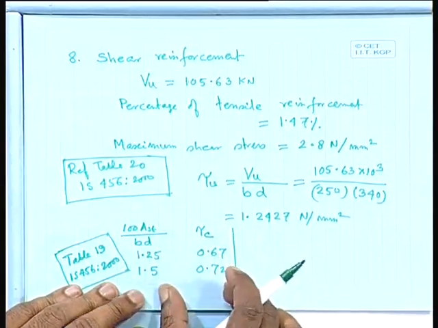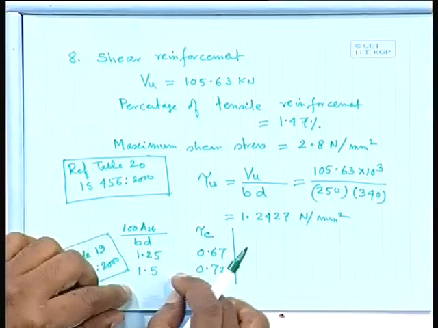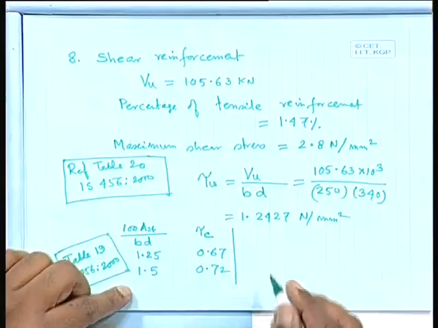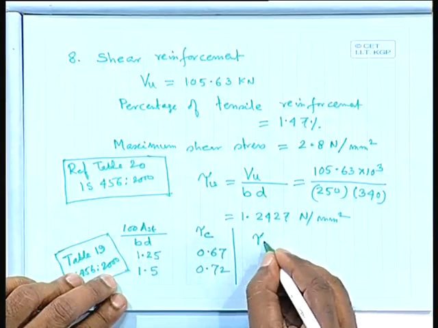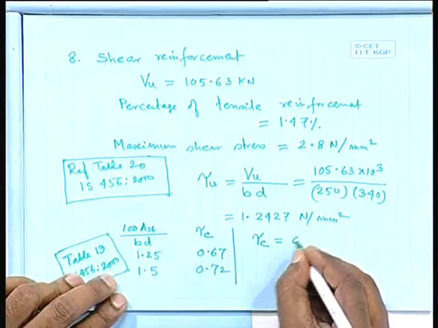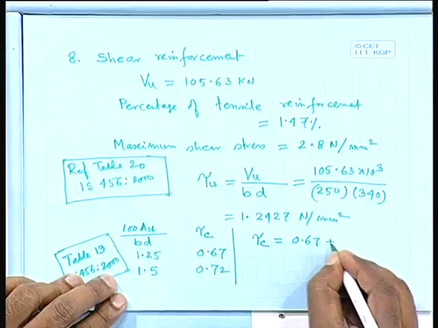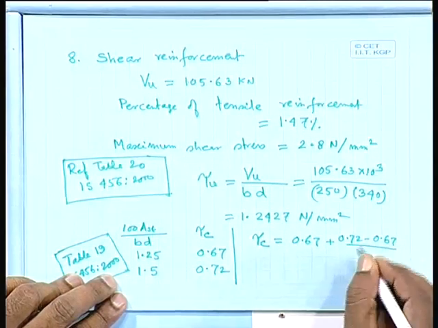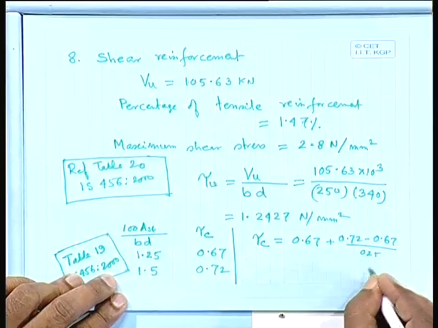This is part of Table 19, so for the appropriate values 1.25 and 1.5, you have to take 1.47. So, tau C you will take by linear interpolation, equal to 0.67 plus (0.72 minus 0.67) by 0.25 times